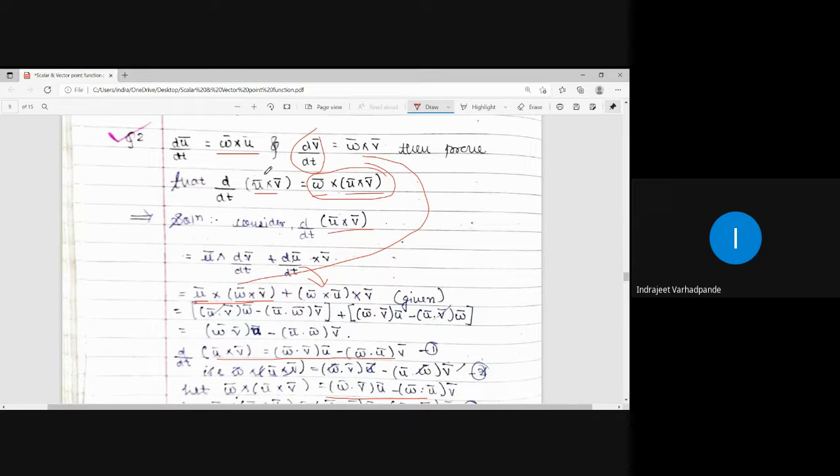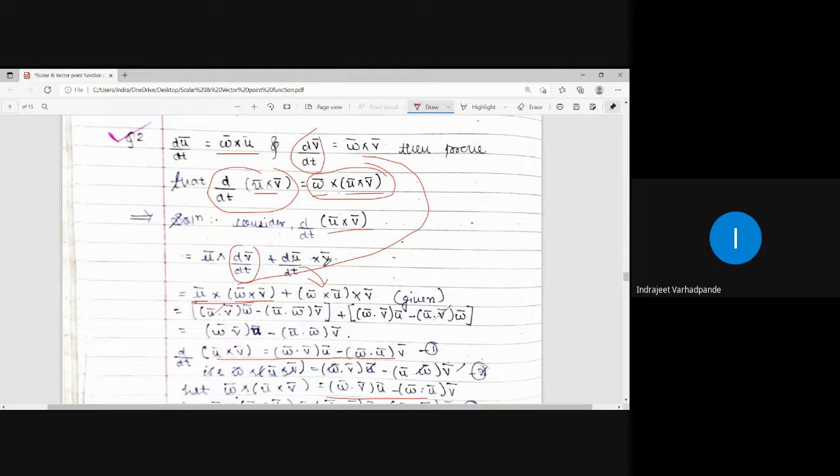So whatever I have to prove, I start with LHS, use the fundamental theorem, that is the product rule, for the differentiation of the vectors: u bar into derivative of v bar plus derivative of u bar cross v bar. Whatever values are provided for du by dt and dv by dt, we substitute them. It transforms into the form that is the vector triple product of three vectors. Simplify them with the help of the expansion formulae. Whatever is the result, term it as equation number 1.